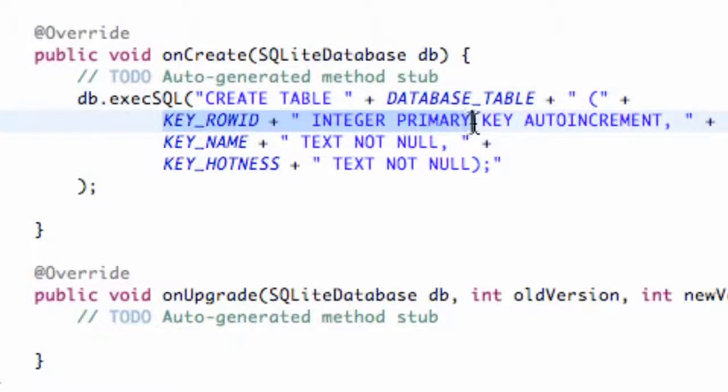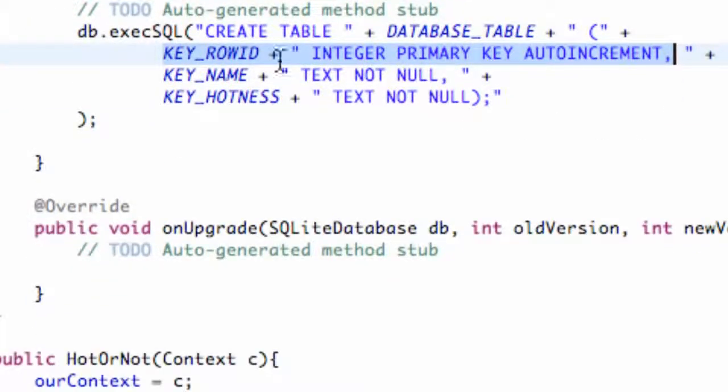The first column is just an integer that's going to increment automatically, and we reference that with our KEY_ROWID. Our name is also going to be text for our second column, and our third column is going to be hotness. So there we go. We've set up our